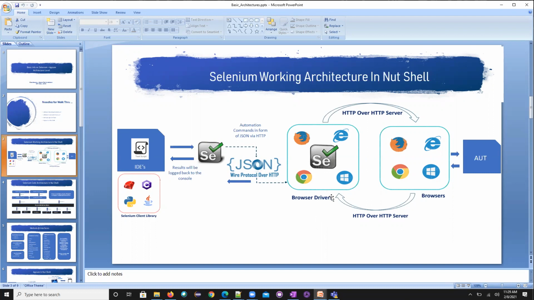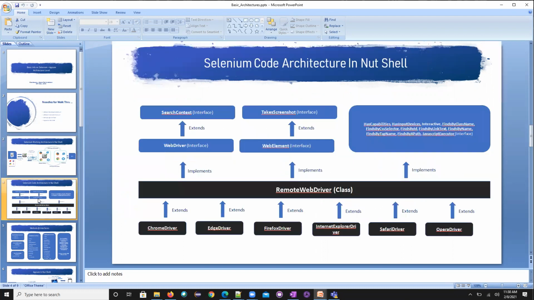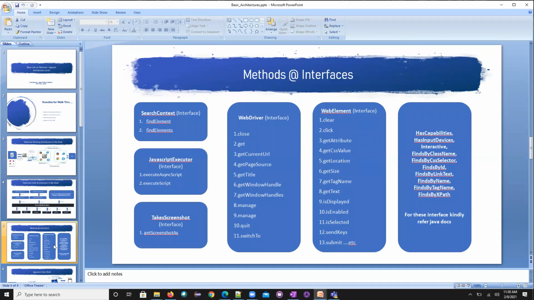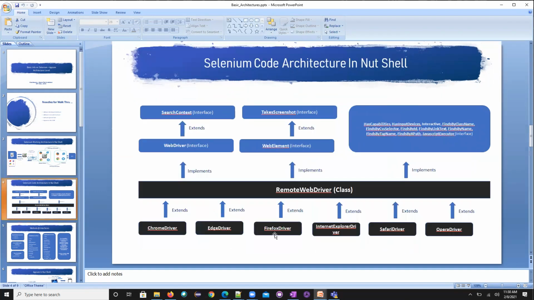And what are browser drivers? You need to refer to these two pointers from this architecture. I'll explain the working flow. Next, in the coding architecture, you should know what interfaces we have, what respective methods we have, and what classes we have. We should know these two.